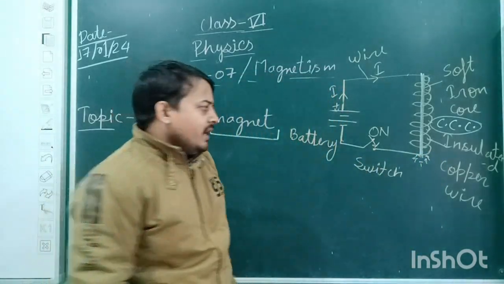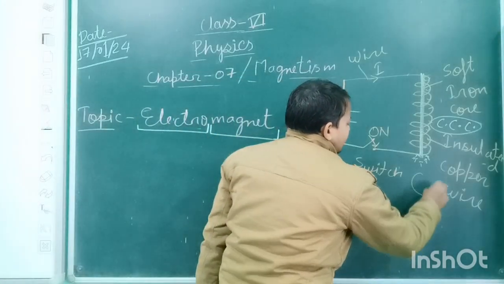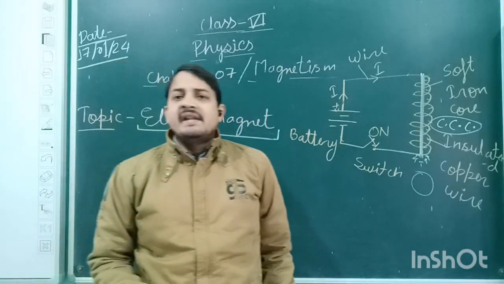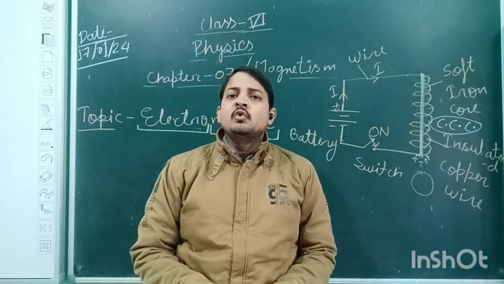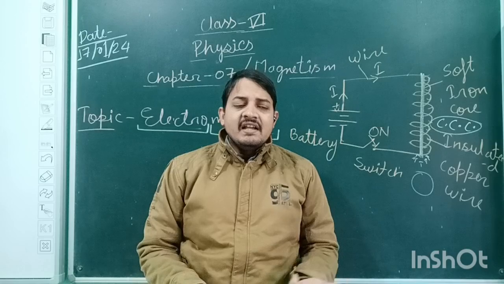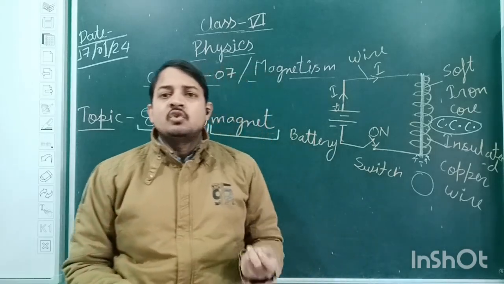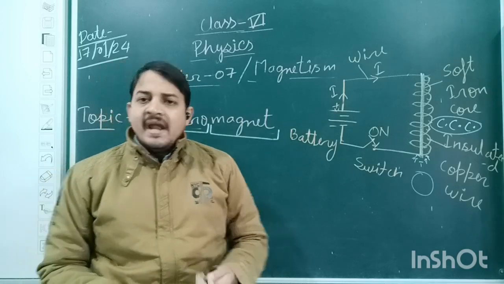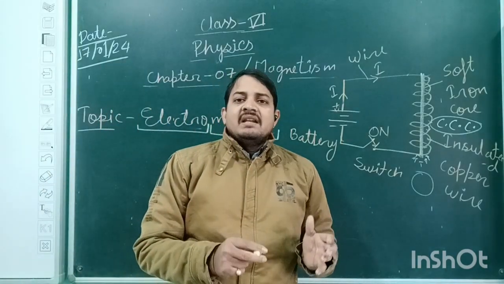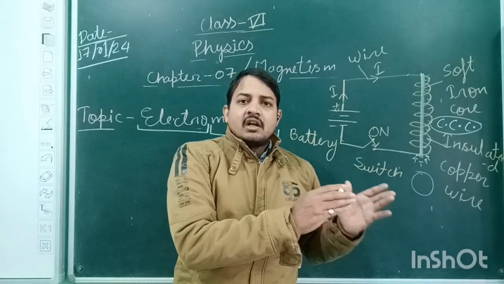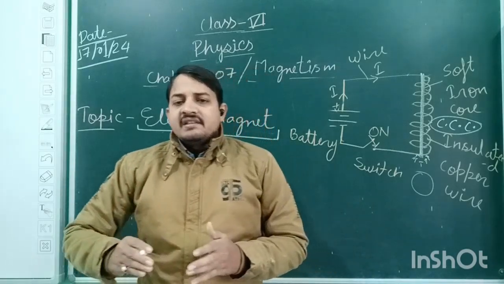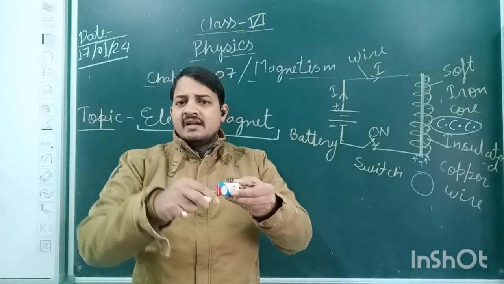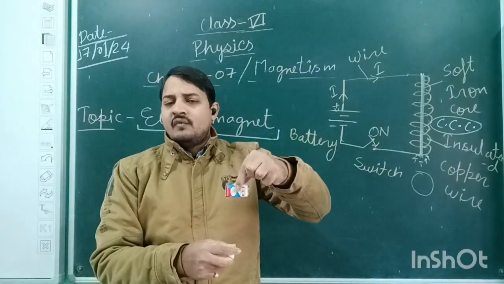Or further, if you take a magnetic compass, you already know about the magnetic compass. It is a device which is used to represent the north and south direction, because due to the dipole property, all magnets will always try to represent their north and south poles on their own side. Like if I have a bar magnet and I suspend it freely, what will happen?